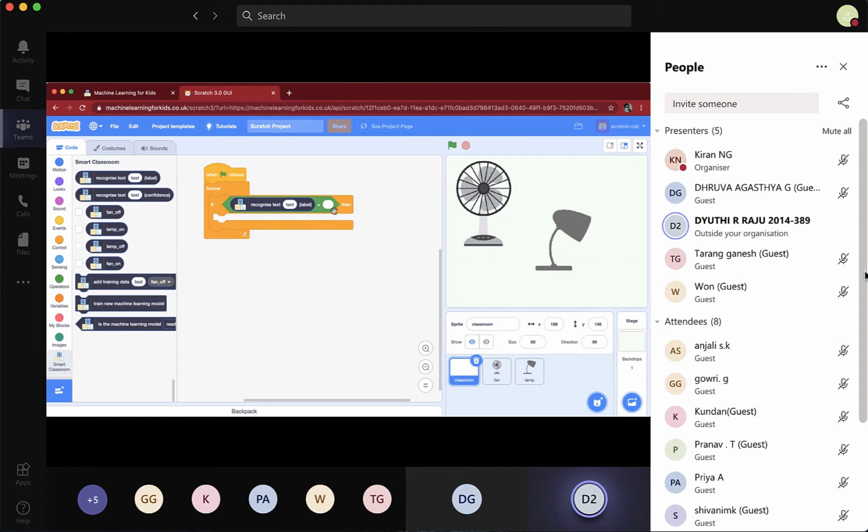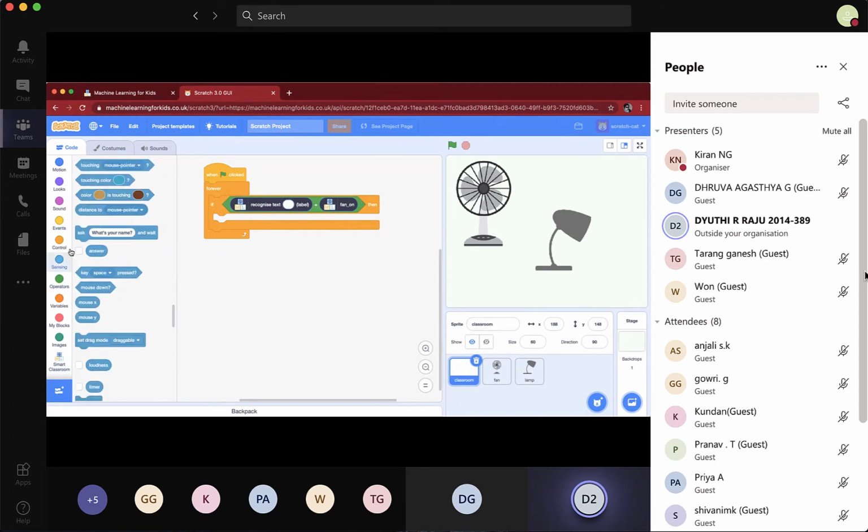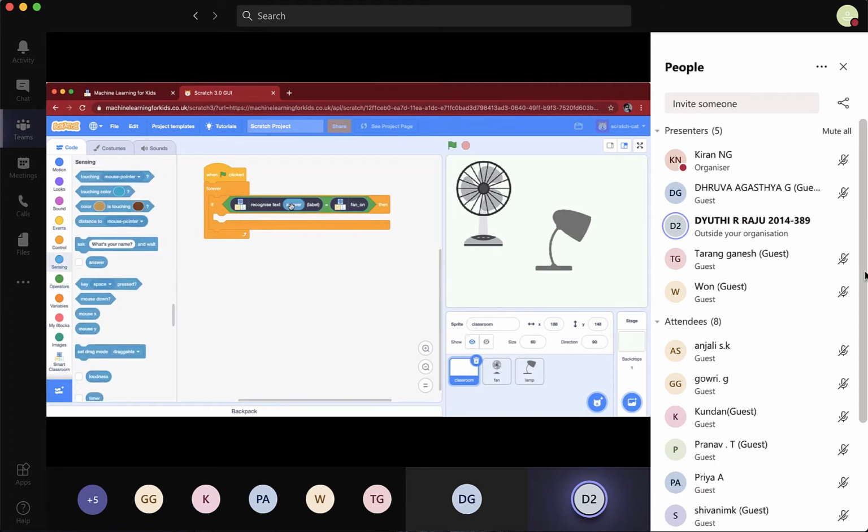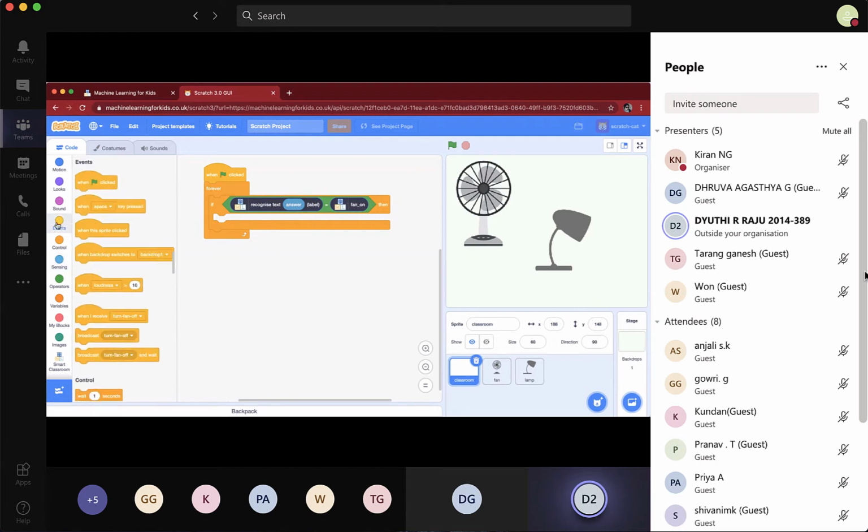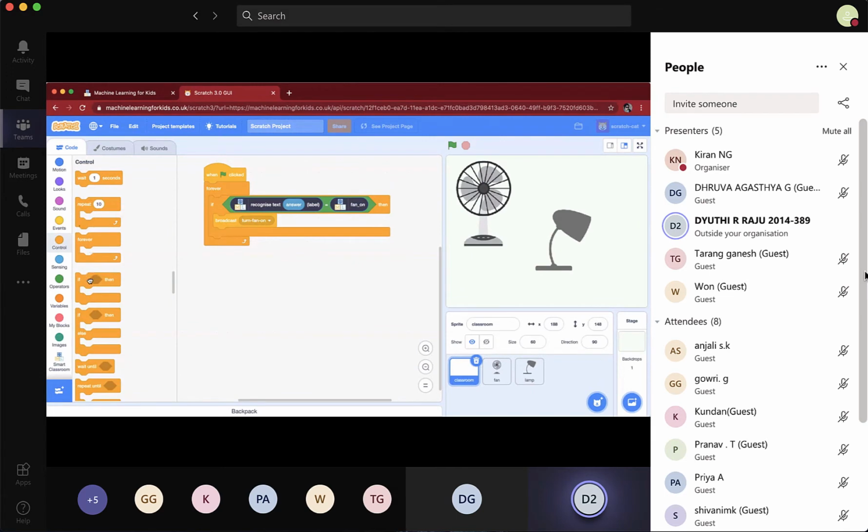I'm going to put it in the first slot, and for the second one I'm going to put fan on, and delete the text. Then I'm going to go for events where I'll have this broadcast. I'm going to choose broadcast for fan on, and then I'm going to create 4 more loops, like if then.